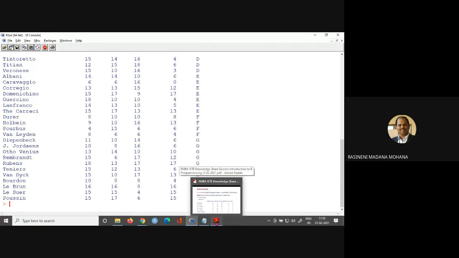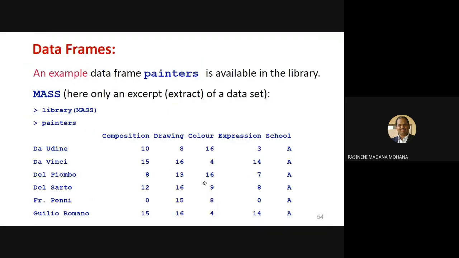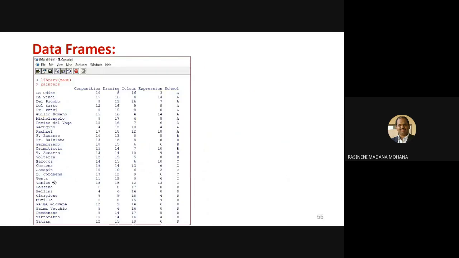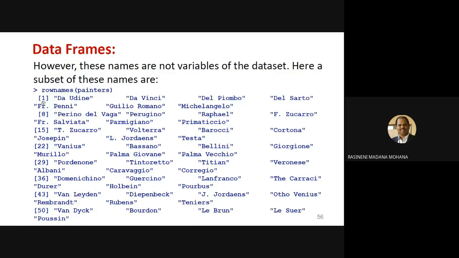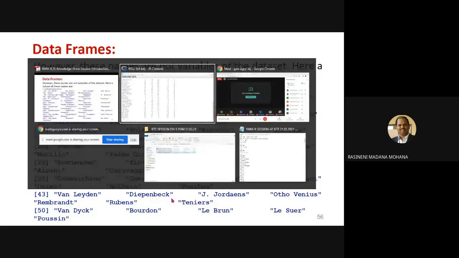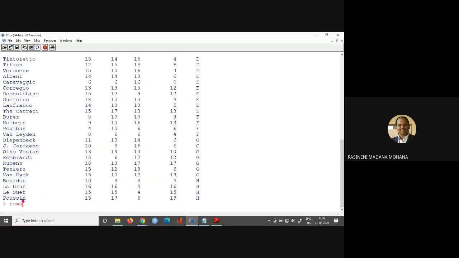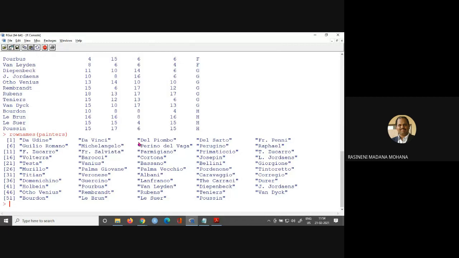Now if you want to work out some operations on this existing data frame, here we have some functionalities. Now see, this is the output we have seen here. If you want to display the row names, you can use the command rownames within function bracket, the data frame name painters. Now it displays all the row values only. Let us try this one. So rownames in function bracket, what is the data frame name? Painters. Now you can see it displays all the row names.